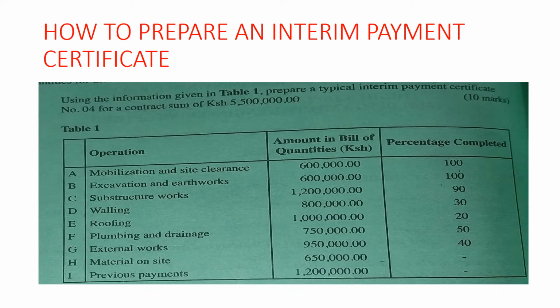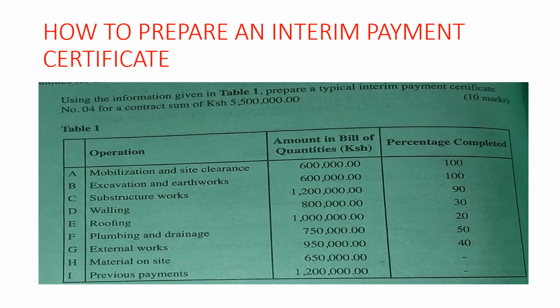Today we are going to prepare an interim payment certificate. This is the kind of certificate that we use when we want to make payment, when we have a project you are doing, so you want to pay the contractor if you're the client, and it is according to the agreed mode of payment. So here we have the information that has been given, and we have the certificate that we are preparing is certificate number 4 for a contract sum of